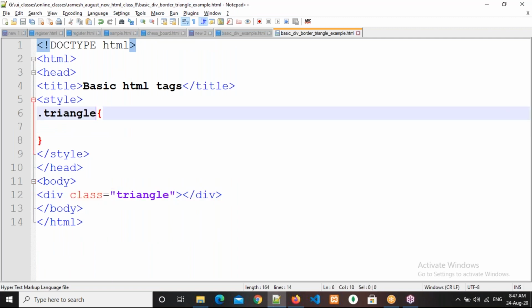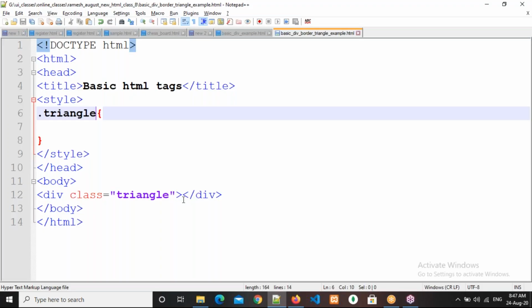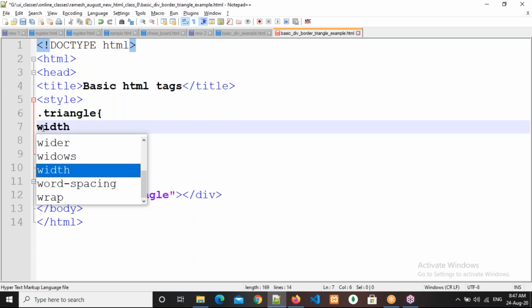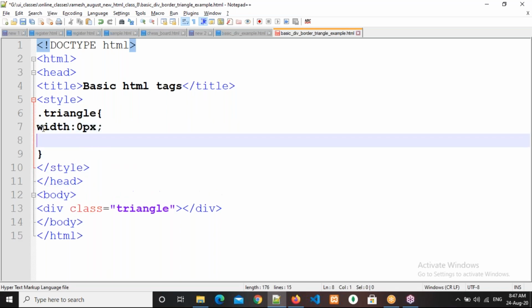When we discussed borders, I said the borders work depending upon the width and height. I want very sharp corner shapes, not rounded ones. If you want sharp, you need to give width 0px and height 0px.